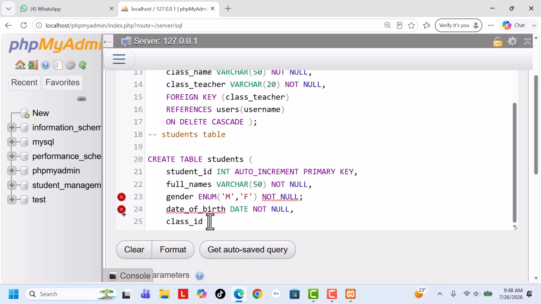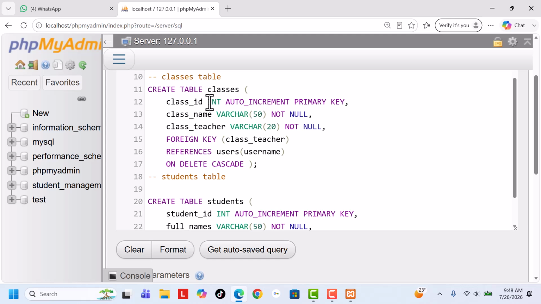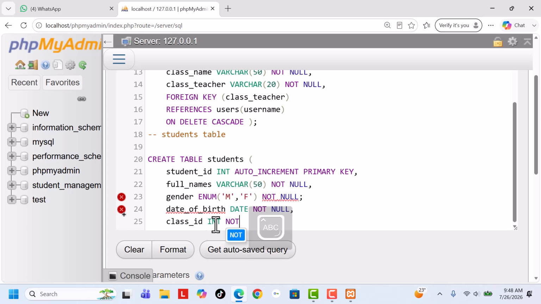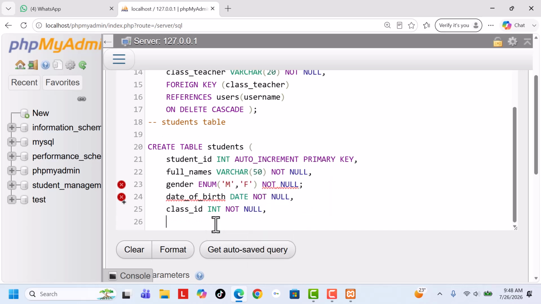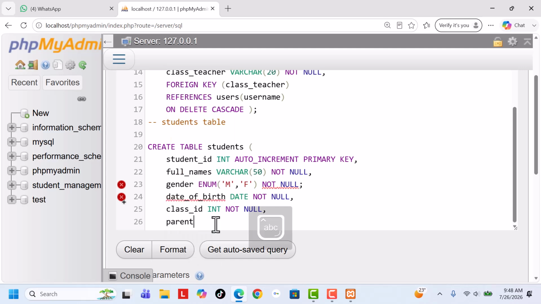Because we will create the foreign key for class ID, and here we use integer for classes, here also we have to use int, not null, comma, let's say parent char. Now let's use varchar, then maybe 10, but we make this nullable, comma,